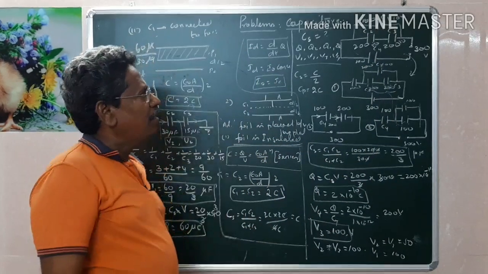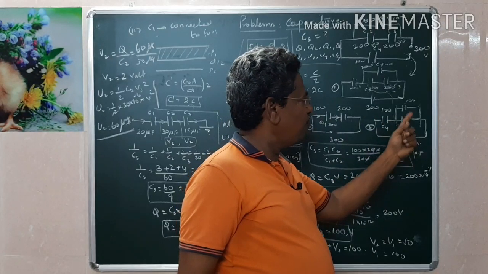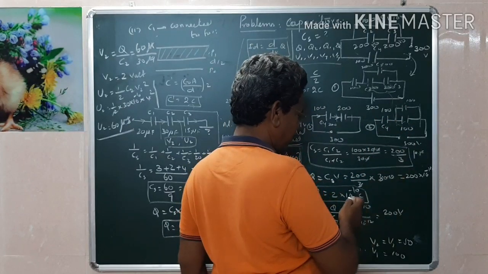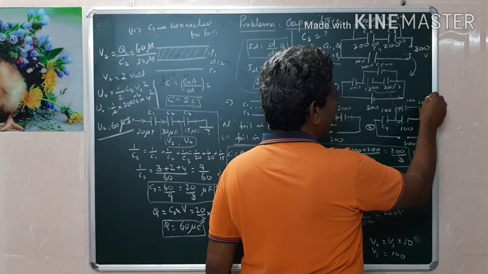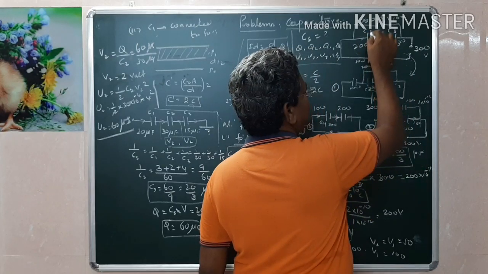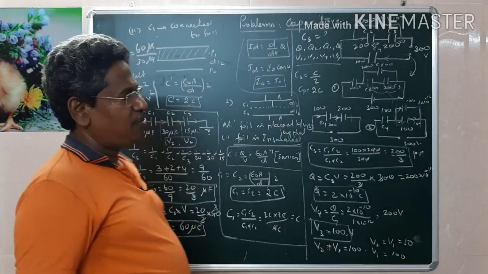That's all. If you want to find out the charges, the charge you have found here, the same charge will flow here. Now both are equal, therefore here the charge is, suppose, 2 into 10 power minus 10. This will be divided into two parts. Here 1 into 10 power minus 10, here also 1 into 10 power minus 10. Here it comes as 2 into 10 power minus 10.